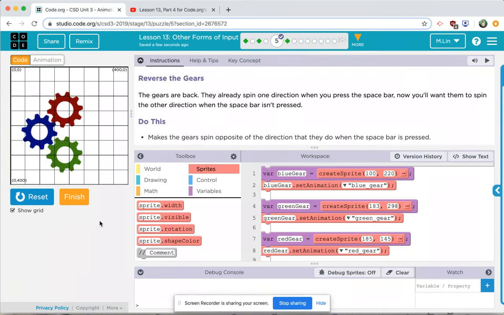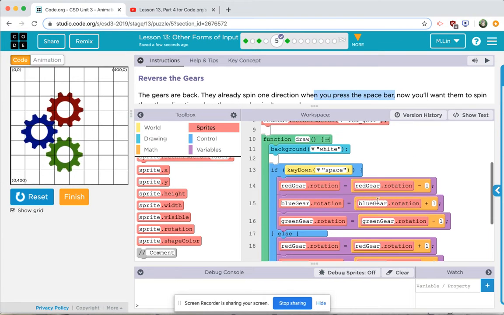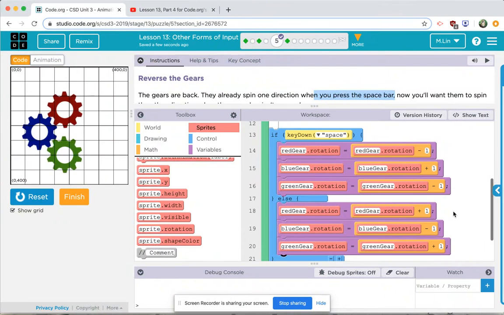But this time they want us to play around with it so that if we are doing something as a user input, for example, in this case, if we are pressing the space bar, those gears are going to go in the opposite direction. And when we are not pressing the space bar, those gears are going to resume back to their original rotation. So I actually already did this one, and I just want to show you what that